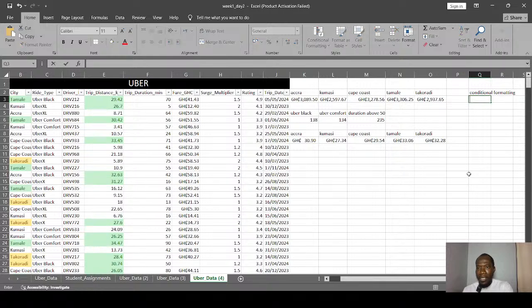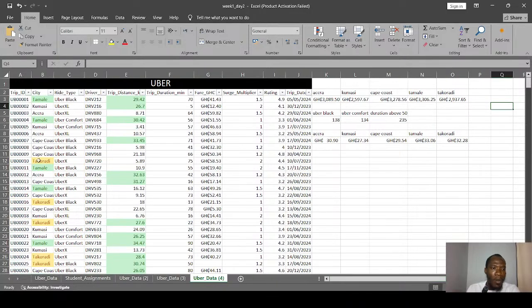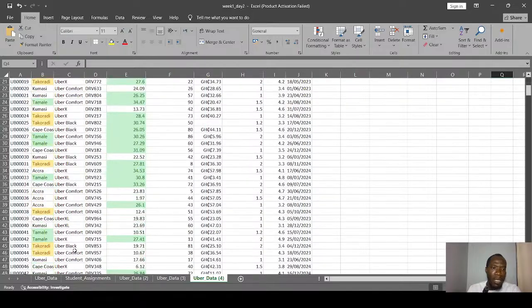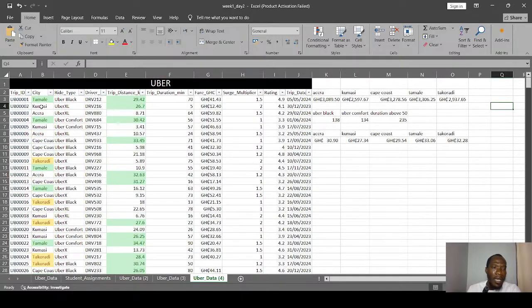So let's get average if off, and then conditional one was the first one, so it's also gone. Good. So this is what we have done for today. We've done some conditional formatting where we format our cells based on the values in the columns. We use our conditional formatting to make whatever we are interested in stand out. So if you are working on Accra data or Tamale data alone, you can use the conditional formatting to do that.